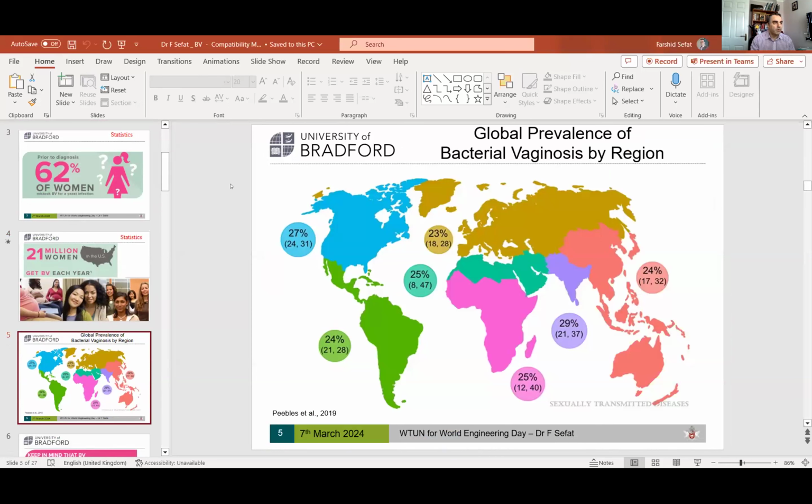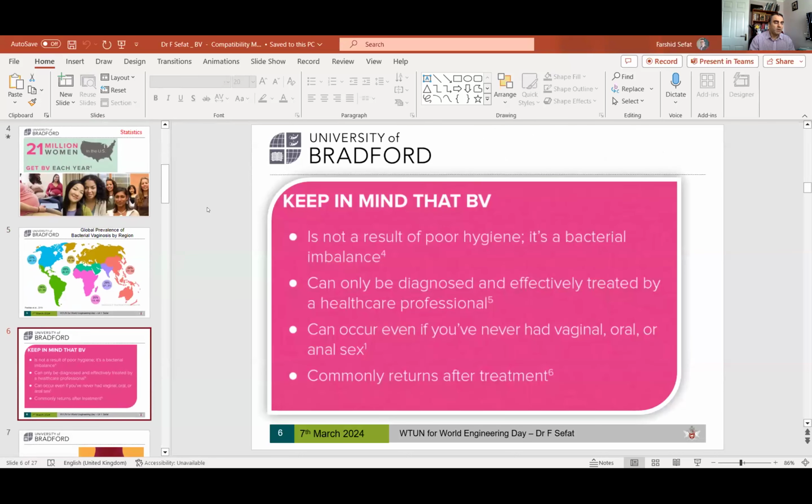And if you look at it globally, the global prevalence of bacterial vaginosis by region, we can say in India, 29% is the maximum, followed by North America, 27%, and in Europe and Africa, we have 25%, and in Australia and Japan and that area, 24%. So it's common in many females globally. It's not only for a specific region. So we need to keep in mind